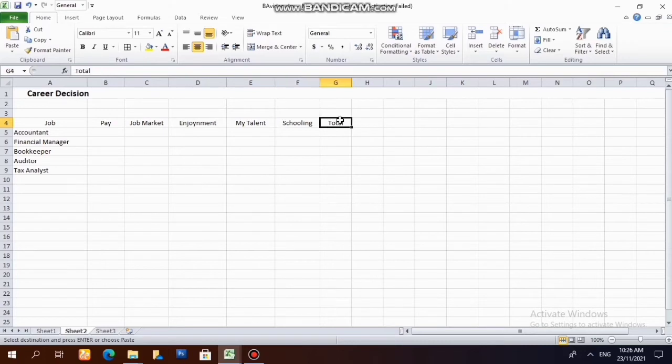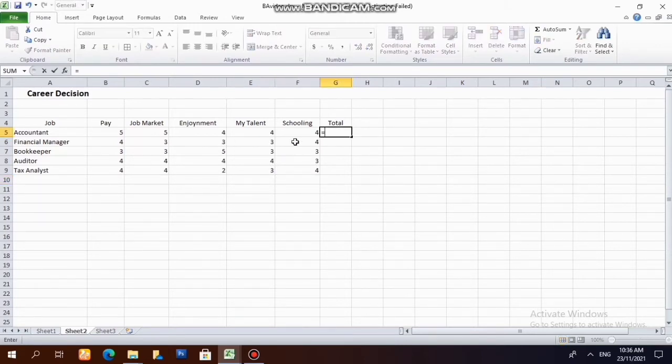Then total. So I am going to rate all these factors. 5 is the highest and 1 is the worst. So these are the several factors that would lead you to decide to go into that field. So I will put rates in all of these factors. So I will get the total of each row. So equals